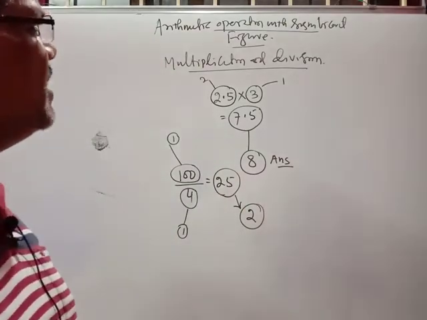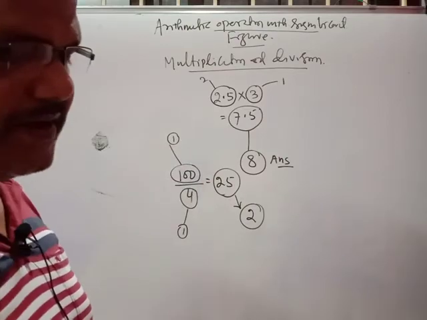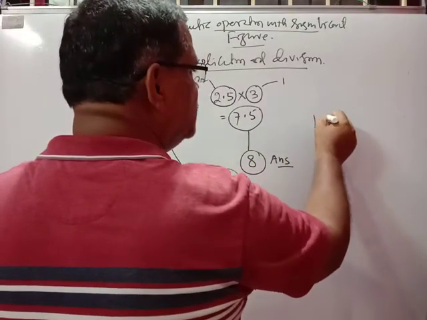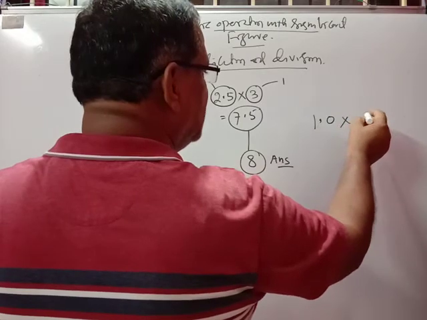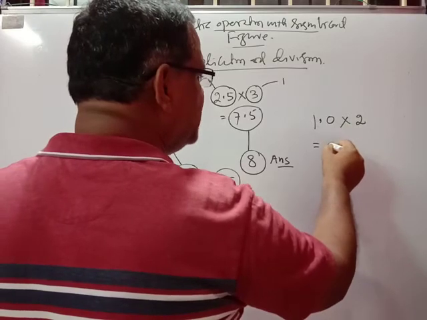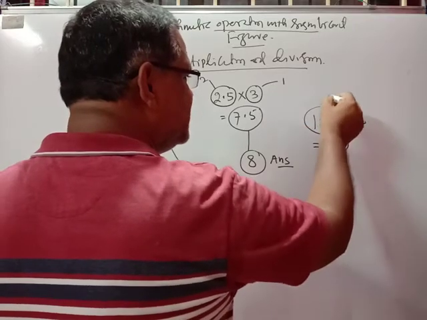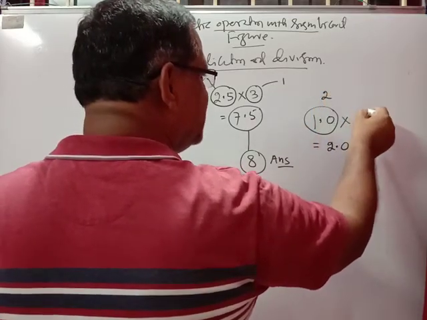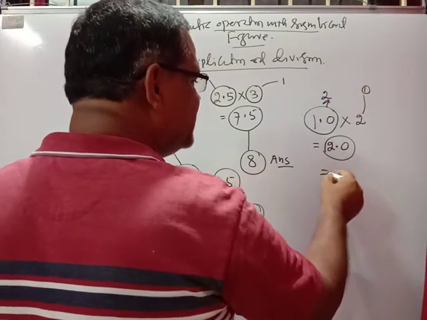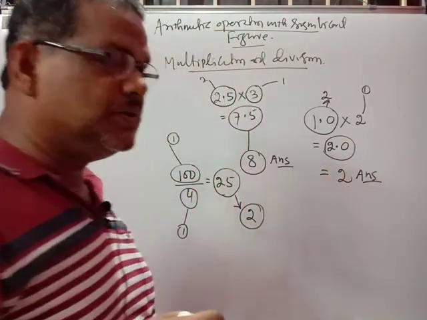In this manner, you can calculate different algebraic operations with significant figures. Consider 1.0 multiplied by 2. What will be the number of significant figures? In the multiplication you are finding 2.0 as the result. But what will the result be? Here the number of significant figures is 2 in one and 1 in the other. The result will attain the minimum number of significant figures, that is 1. You have to write the answer 2. You do not write 2.0. So be careful about that.